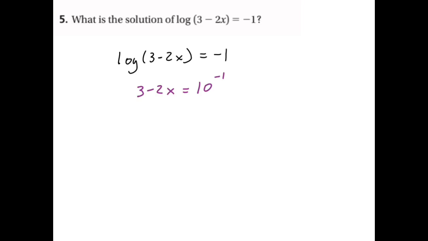All right, and so now we can just begin to solve this. Well, 10 to the negative first power is just 0.1. So we've got 3 minus 2x equals 0.1. We'll subtract 3. So we've got negative 2.9 equals negative 2x. We'll divide by 2. And we get x equals